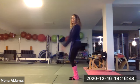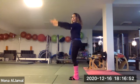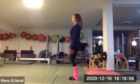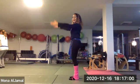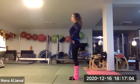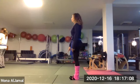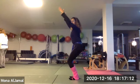So now we're going to bend and reach the arms forward and up, only as far as you can, and come back up. So activate the core, knee bend, arm goes up, only as far as you can, and then bring it back down. Okay, breathe out, activate the core first. There should be no weight on your toes. The weight is on your heel, like you're gonna fall back. Do your knee bends, reach the